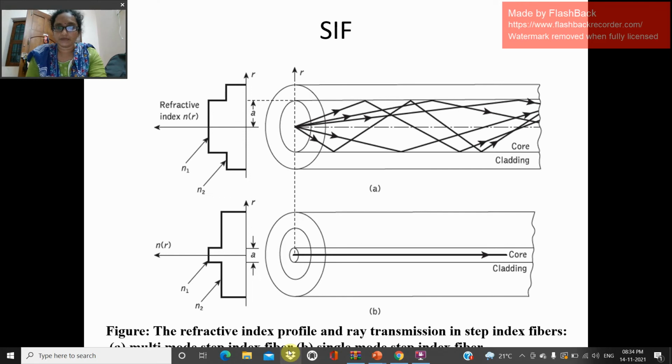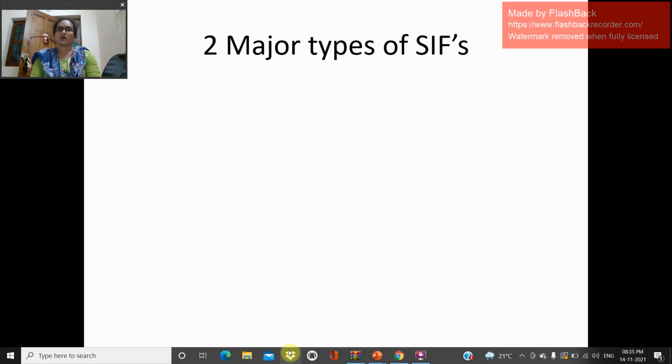So for single mode ray transmission, the refractive index profile indicates figure B, and the refractive index profile for A represents the multi-modes. A represents multi-mode step index fiber, B represents single mode step index fiber. So what are